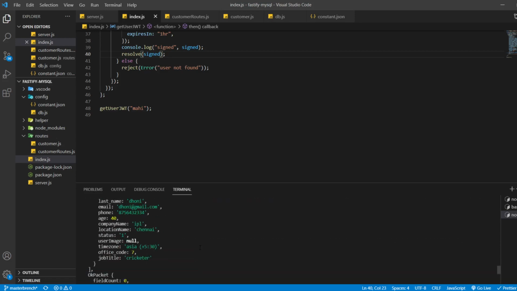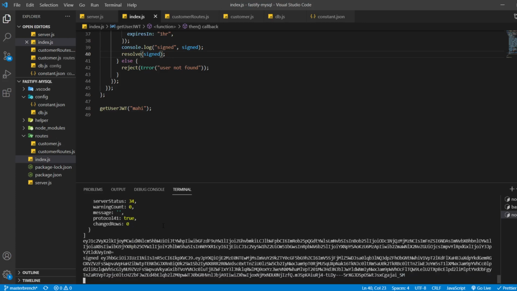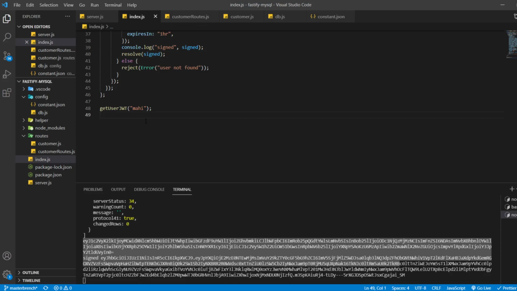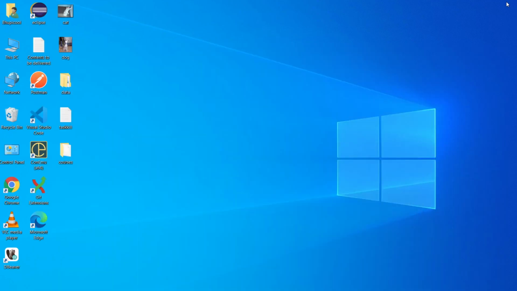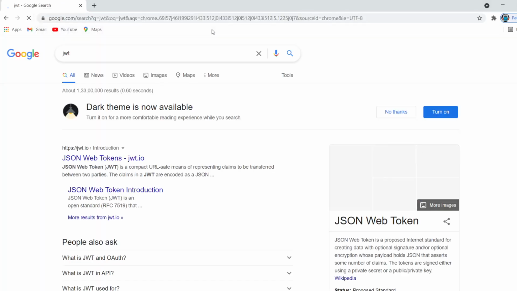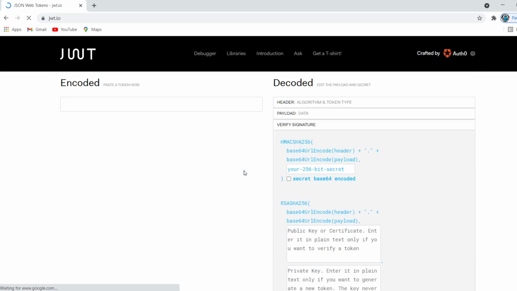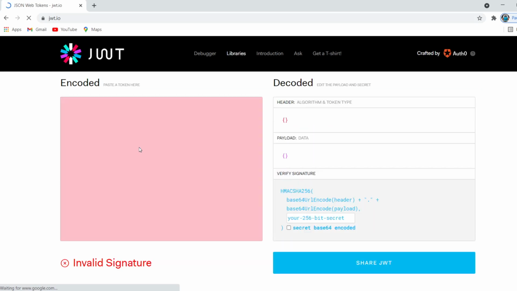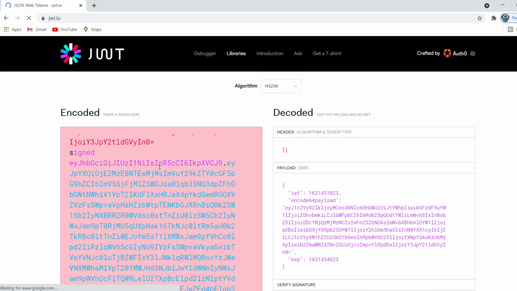Now you can see we have this data, and with this data we have made a payload. Sorry, not payload, we have token. This is the JSON web token, if you see it correctly. Although one drawback is that this JSON web token can be decrypted easily. Like if I copy this and go to Google and type here JWT, JSON web token, and put that whole JSON web token here, so you can see here